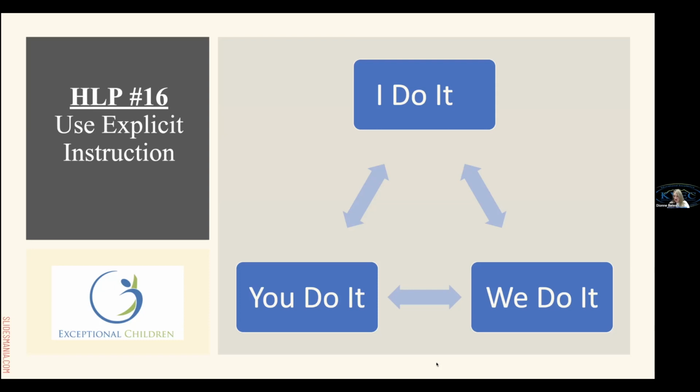intentionally move through those. Now, from the teacher's perspective, we have to plan for those, and we have to make sure that we do those prior to that lesson, because sometimes it's very difficult to come up with examples and non-examples unless you plan for that in your lesson. So the I do it part is really that thinking and modeling from the teacher,